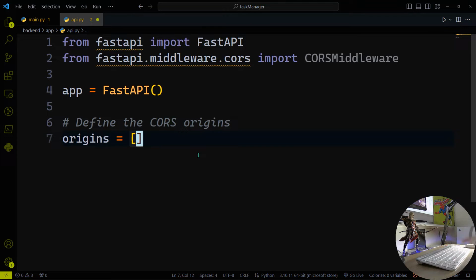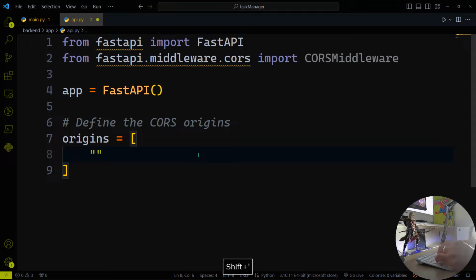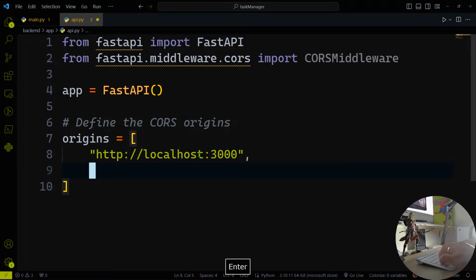So whenever React sends a request from the front end to the FastAPI backend, FastAPI will not block it. It will accept it, because it will permit the request from React. So let me just enter that here. HTTP without the S, that's better. If you add the S, by the way, you will get an error, so don't do that. HTTP localhost port 3000,